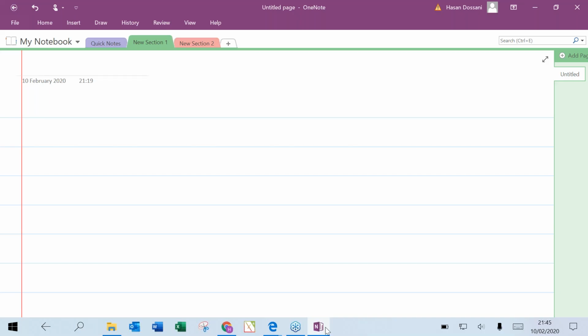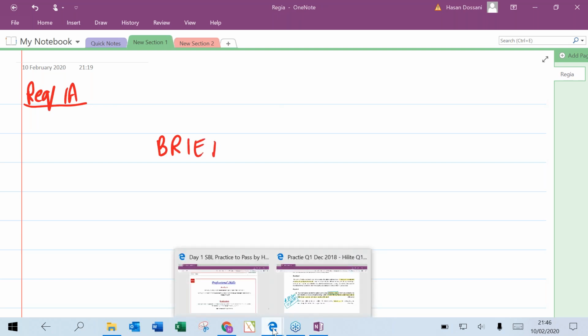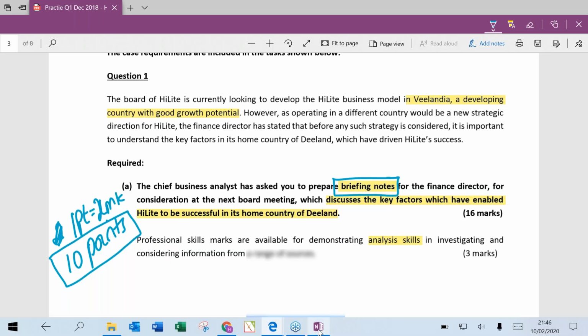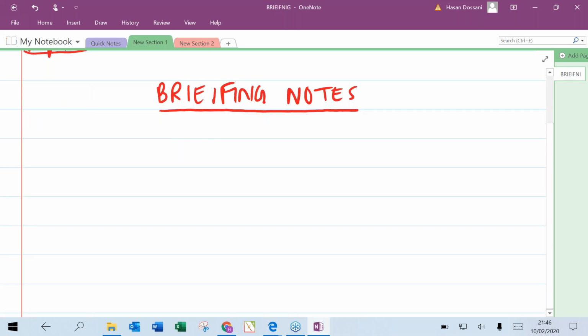I would mention requirement number 1A, and then in the center of the page I would give in caps a broad central heading. Then in a briefing note you need to mention four things: